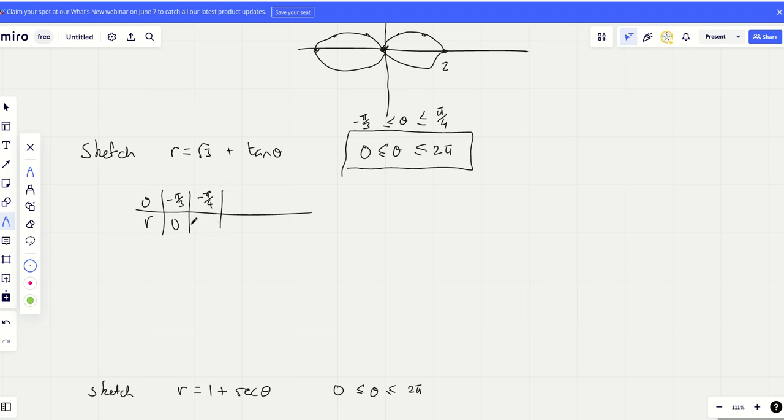Yeah, and there you're going to get root 3 take away 1, which is still positive. Okay, so that's not a problem. When we get to 0, tan of 0 is 0, so you get root 3. When we get to pi over 4, I'm not doing it in even increments here because I'm just worried about really the sign and whether it's changing into negative at all. Tan of pi over 4 is 1, so that's root 3 plus 1, and then by the time you get to